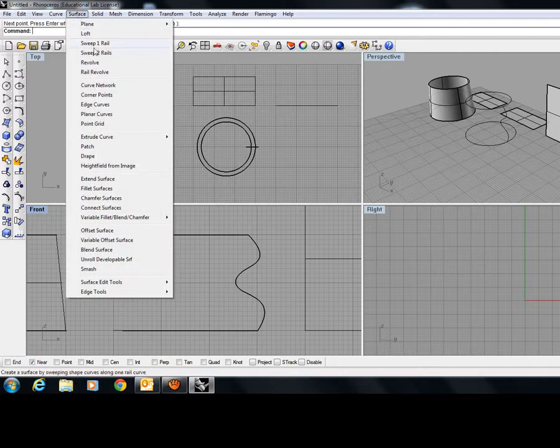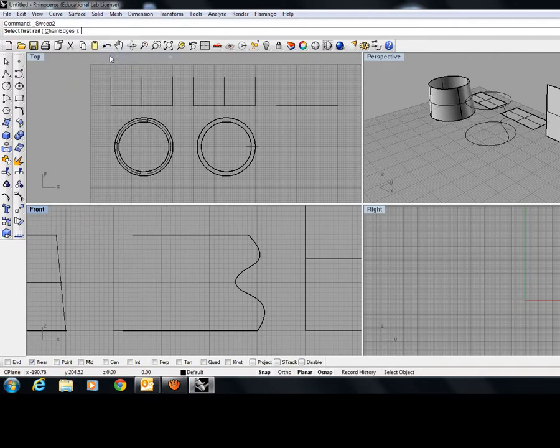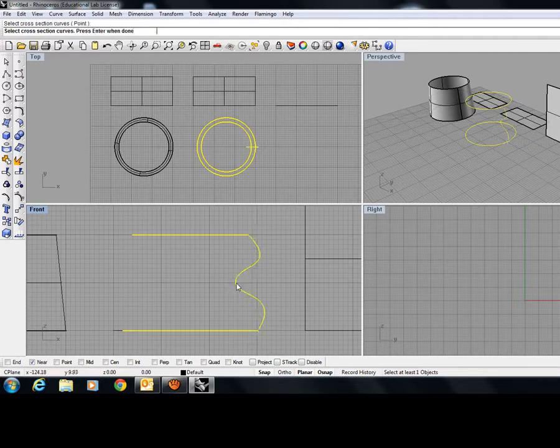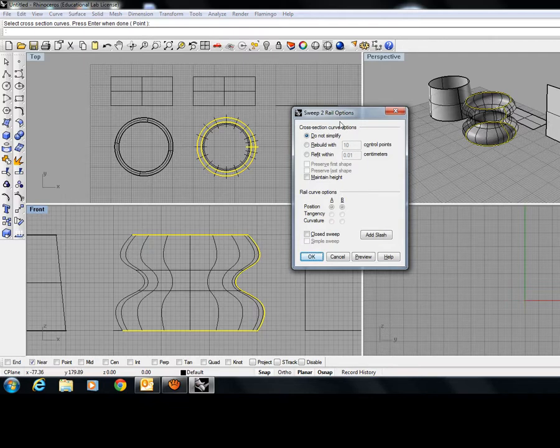I'm going to go to Surface, Sweep to Rails. It says on the command line, first select the first rail. I'm going to select the top rail, then select the second rail, click on the second rail. Okay, so I have a surface, I have a curve. Okay, select on the curve, and then it says select cross-section curves. Now the cross-section curve is the curve that I wanted to create. Now I click on that and then I press enter, and as you see I have